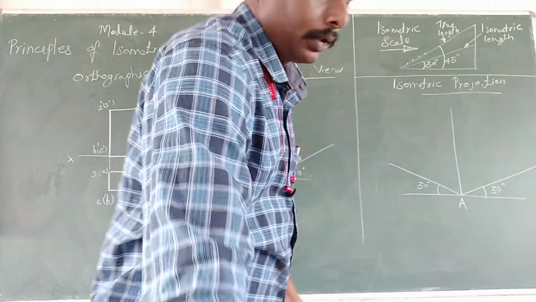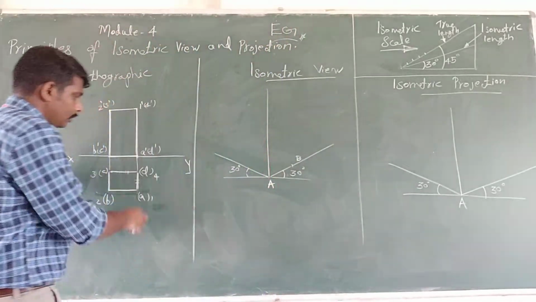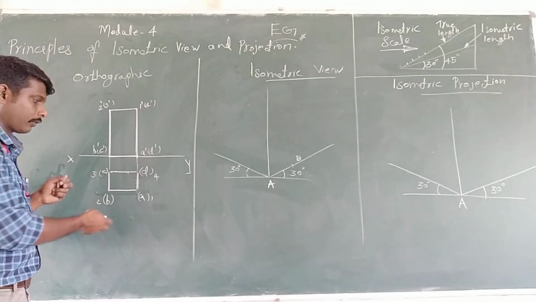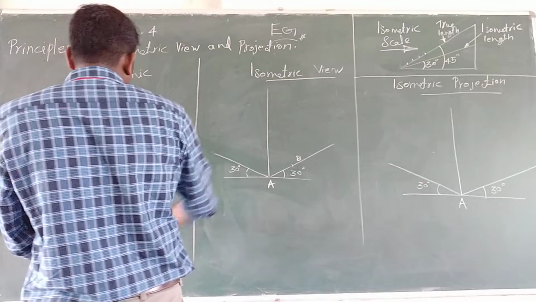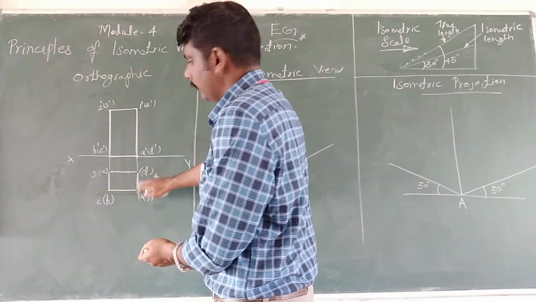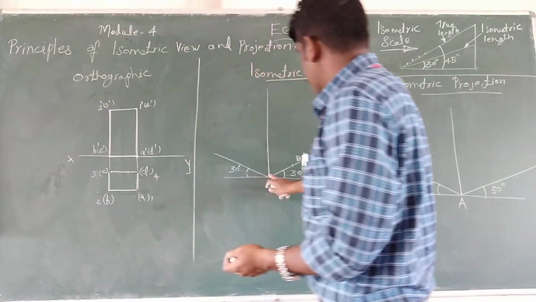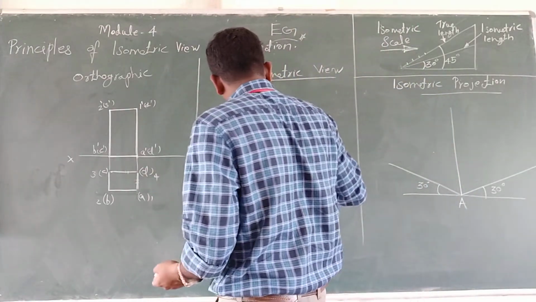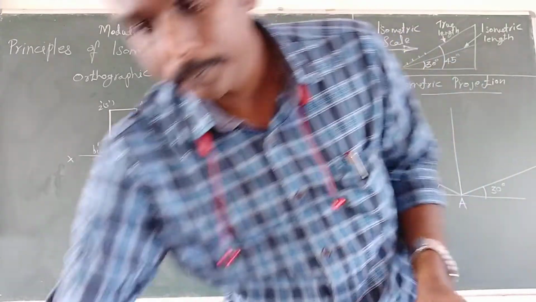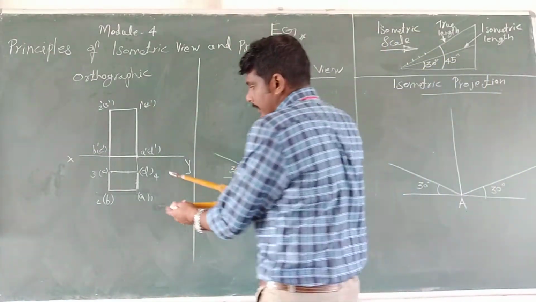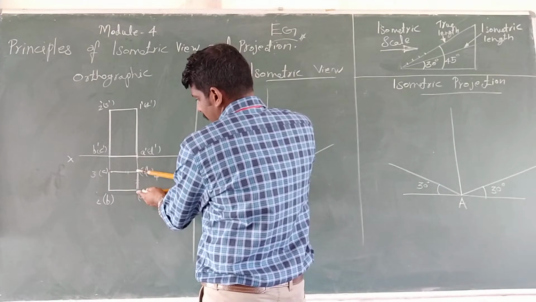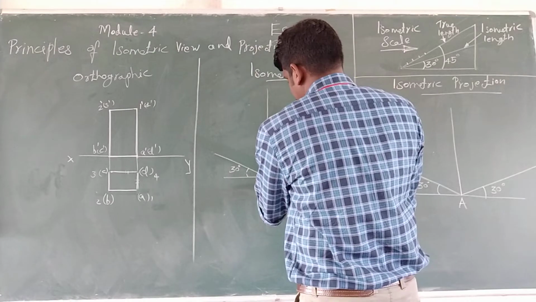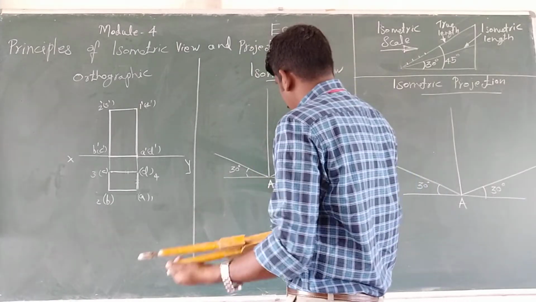Okay. You can draw it. Simple. And taking A as nearest to the observer, so here is A, and my right side is here. The D is to the right of the object. So I take the distance A to D in the compass and mark it here. So my D comes here.